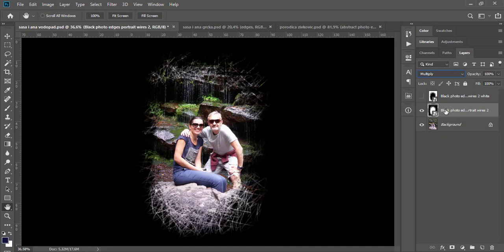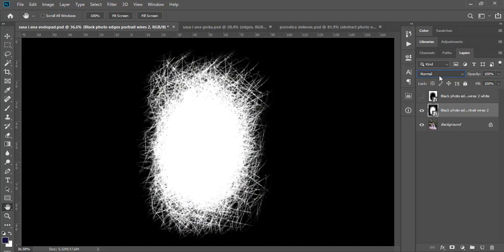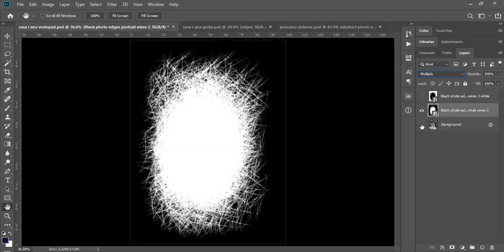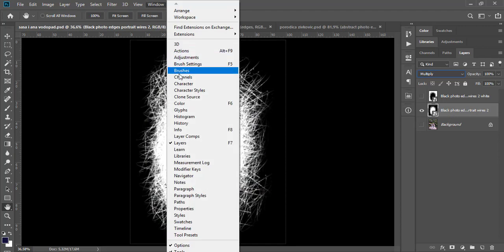Now let's move to a more advanced topic where you need Photoshop. I will explain to you one of the ways to change edge color to any color of your choice. The first step is to apply normal blend mode to the layer with edges or hide other layers in your document. Open Window > Channels and switch to the Channels panel.